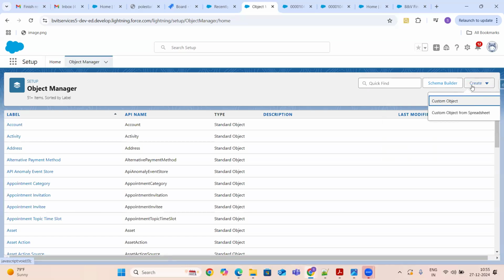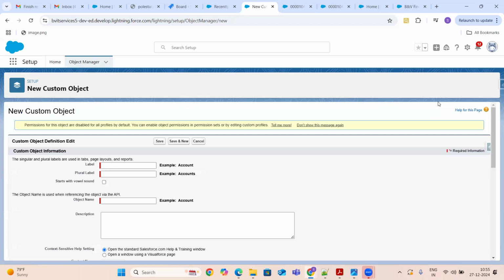There is a create object option, and then clicking on custom object, it is a button called custom object. So why? Because it is the object that we are creating. It is not given by the platform. That is the difference between the custom object and standard object, guys. This is again your question. What is custom object? What is standard object? The object which comes along with the platform is a standard object. Objects that we are creating are custom objects. Okay. So I'm going to create an object called policy.